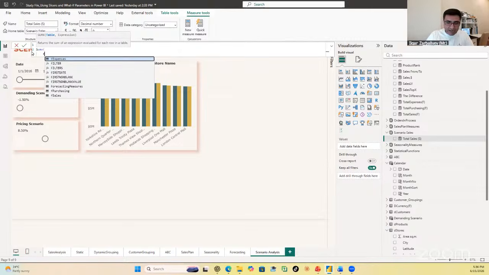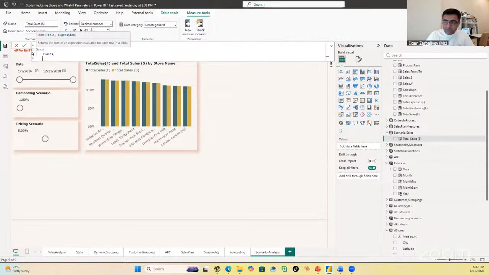I'm going to select my F sales table. On a new line, I'm going to open one parenthesis, say quantity, and this is going to be F sales quantity times, I will explain it a little bit later, 1 plus demanding scenario value, closing parenthesis, once again,